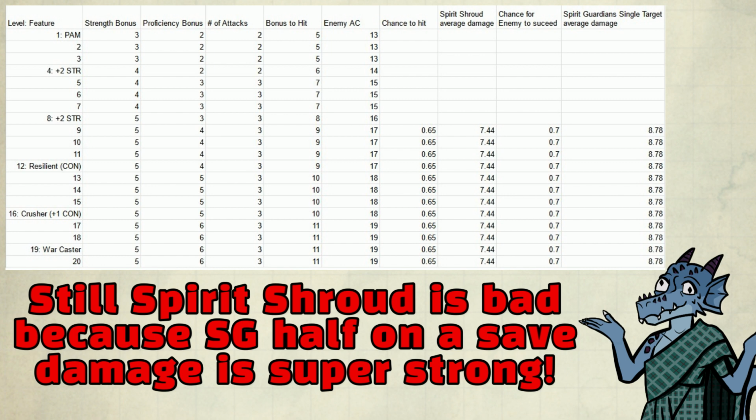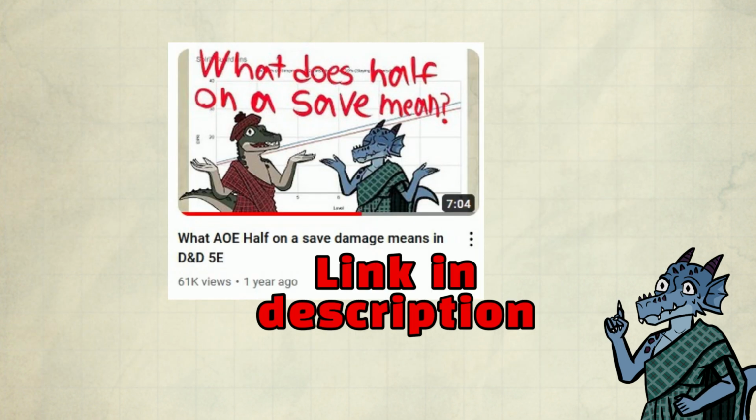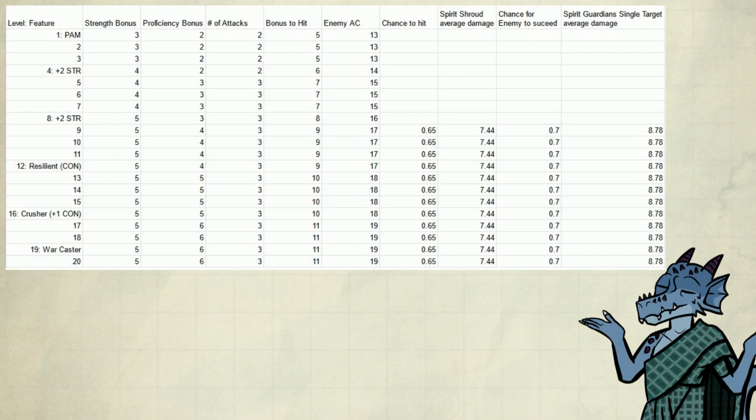How? Why? The half on the save part of the spell does a lot of work. I made a video about it. I highly recommend it. It will definitely change how you look at AoE half on the save spells. I decided to look at Spirit Guardians because clerics also get access to both spells, so you can use this information for both classes. However, not all paladins have access to a spell as good as Spirit Guardians, so let's